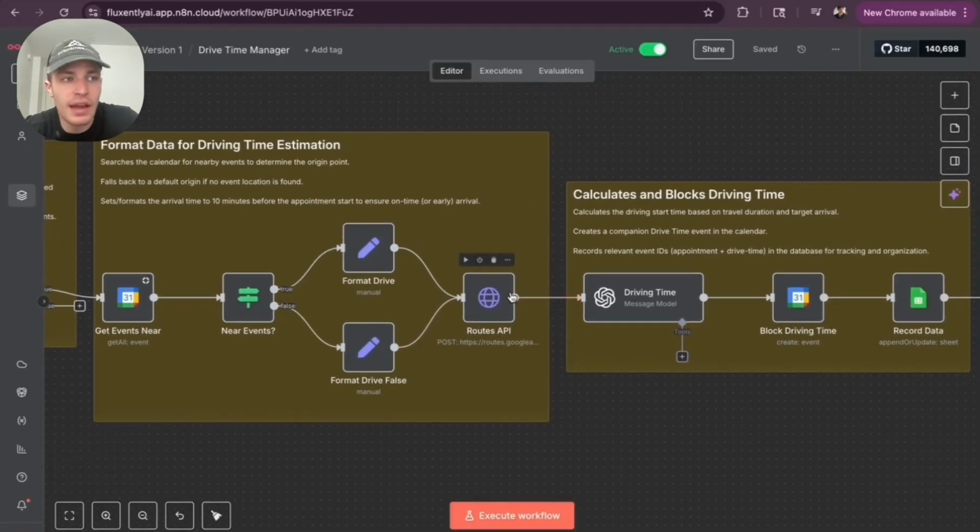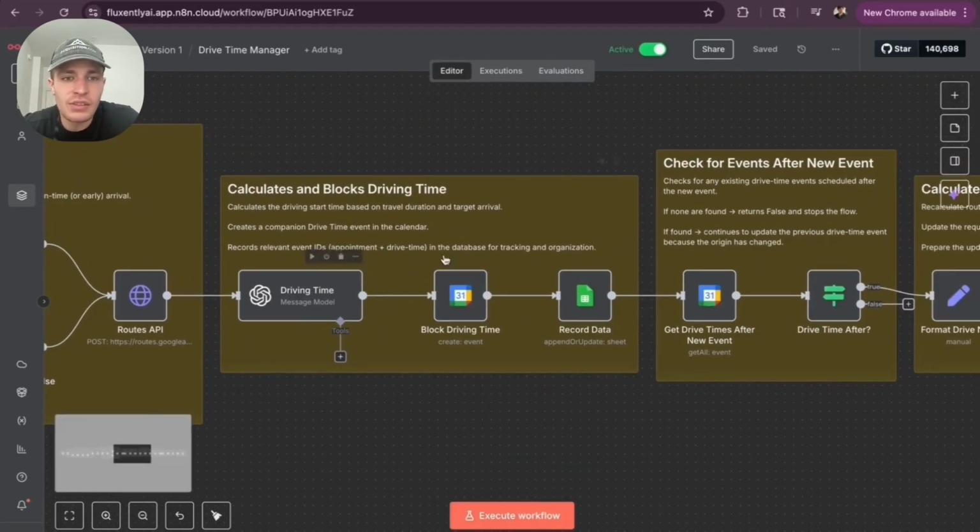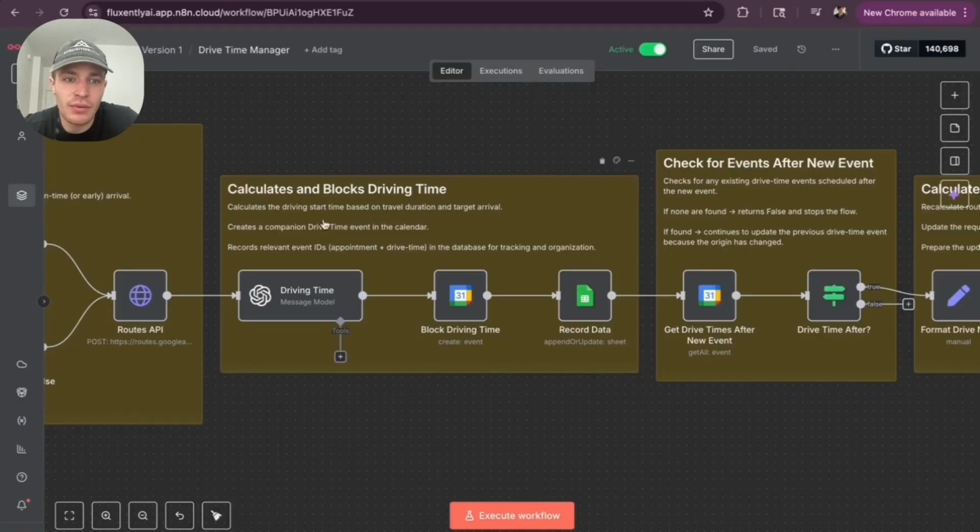And then this routes API obviously calculates the driving time based on the start time, the origin, and the destination, and that includes the traffic, which is awesome. Then it's going to calculate the driving time based on the travel duration and the target arrival. So what that means is the driving start time is the event's start time minus how long it takes. And then it creates a companion drive time event in the calendar. So it creates that drive time buffer right before that calendar event